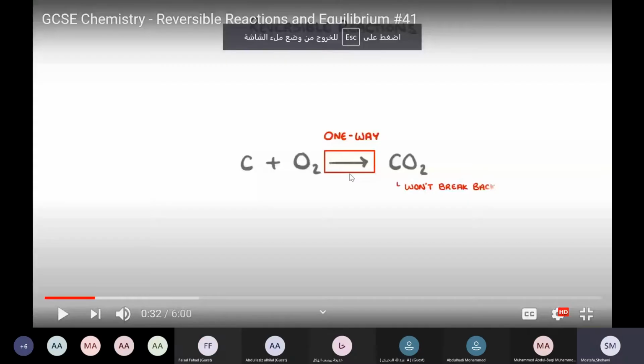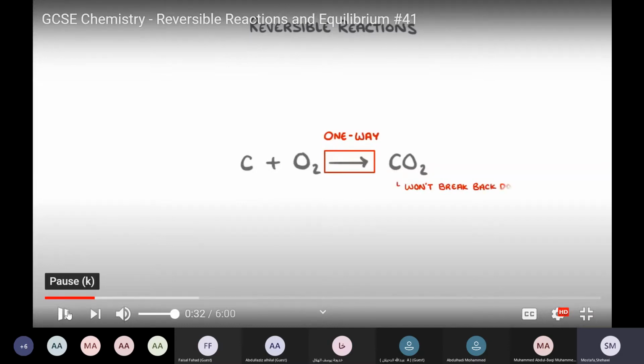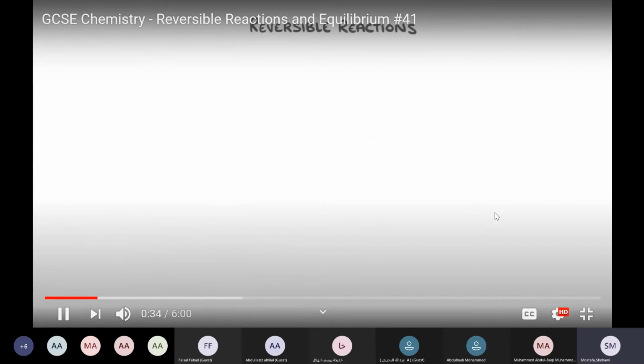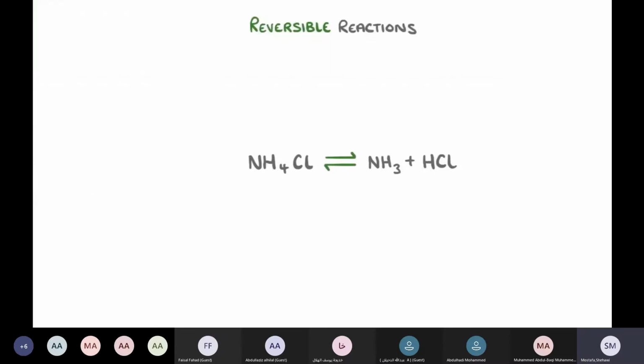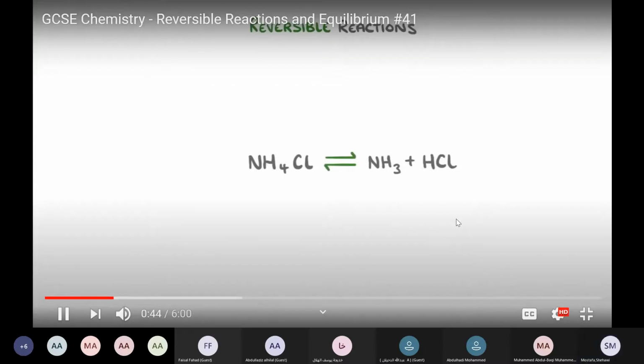We are talking about reversible reactions, and the term equilibrium appears in the reversible reaction when you have two ways for the chemical reaction. In other reactions, though, like this one here, we have a double arrow, which tells us that the reaction is reversible. The top arrow tells us that ammonium chloride can break down into ammonia and hydrogen chloride, which we call